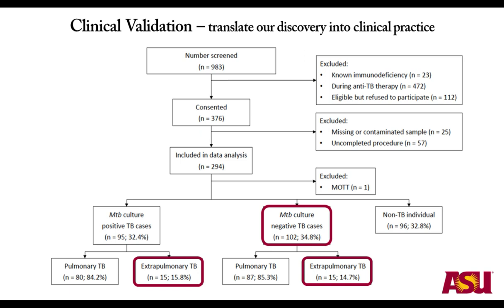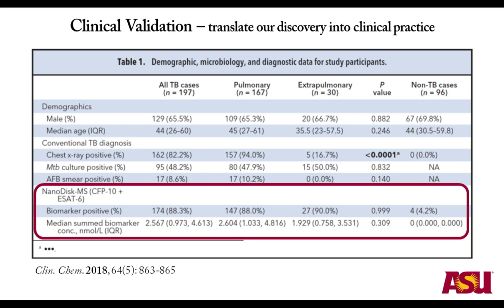Among the rest of the patients, there were 95 culture positive and 102 culture negative patients, and also 96 non-TB individuals who were confirmed as not TB infected. In both the culture positive and negative groups, we have different numbers of pulmonary and extrapulmonary TB cases. First, we would like to see if this method can provide similar sensitivity in pulmonary and extrapulmonary